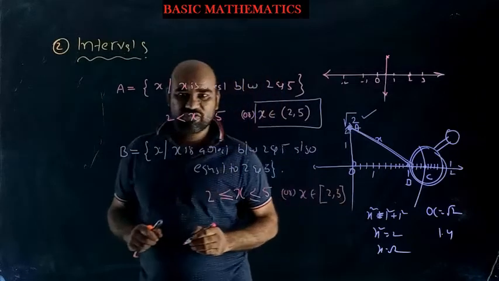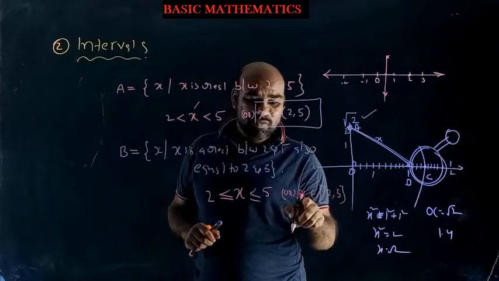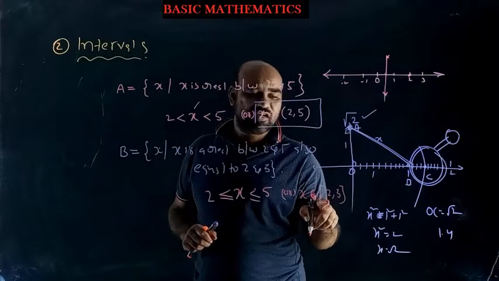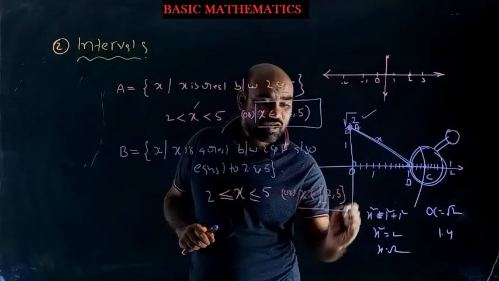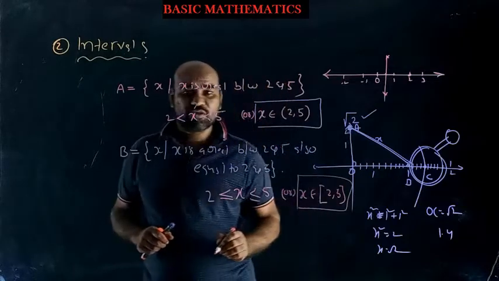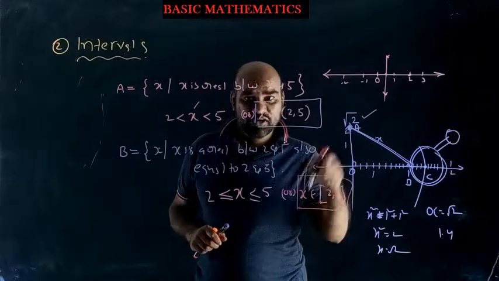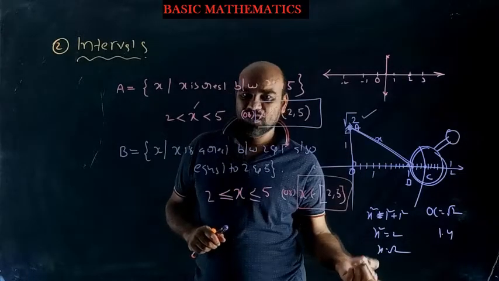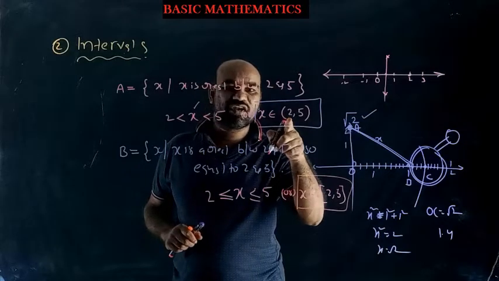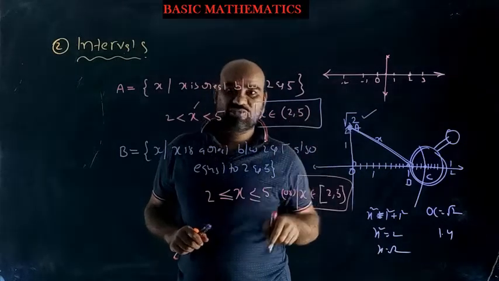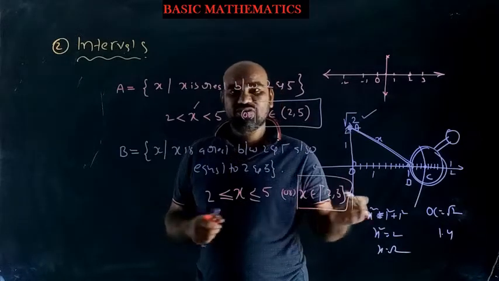How to read [2, 5]? That is important. You can read it as x belongs to the closed interval 2 to 5. If x belongs to the closed interval 2 to 5, it means x is a real number that lies between 2 and 5, including 2 and including 5. Here, if x belongs to (2, 5) only, x is not including 2 and not including 5, and lies between 2 and 5. But here x may be 2, x may be 5, and anything between 2 and 5.